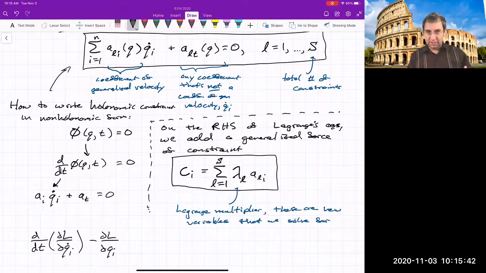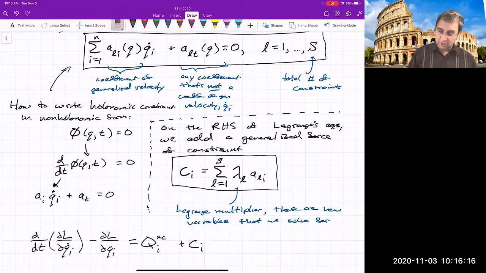Traditionally, that's on the left-hand side of Lagrange's equations, and that contains all inertial forces, so forces that are related to accelerations, and also any force that's from a potential energy. On the right-hand side, what did we have? We have the generalized forces that come from non-conservative Newtonian forces. And now we add these constraint forces, C_i,